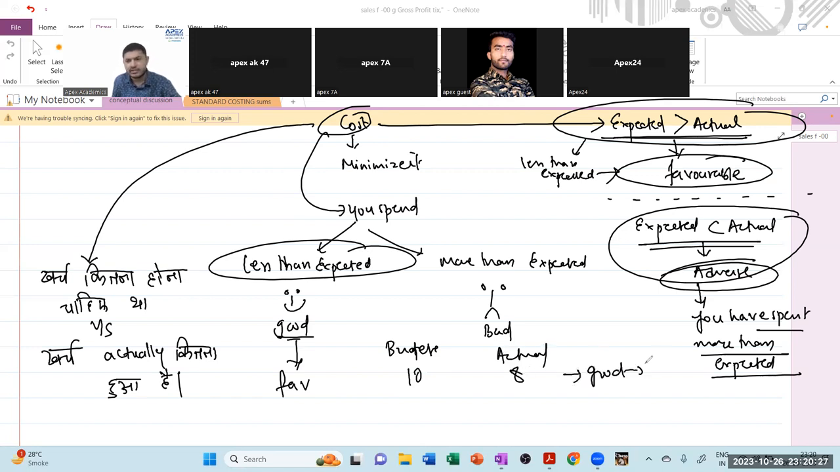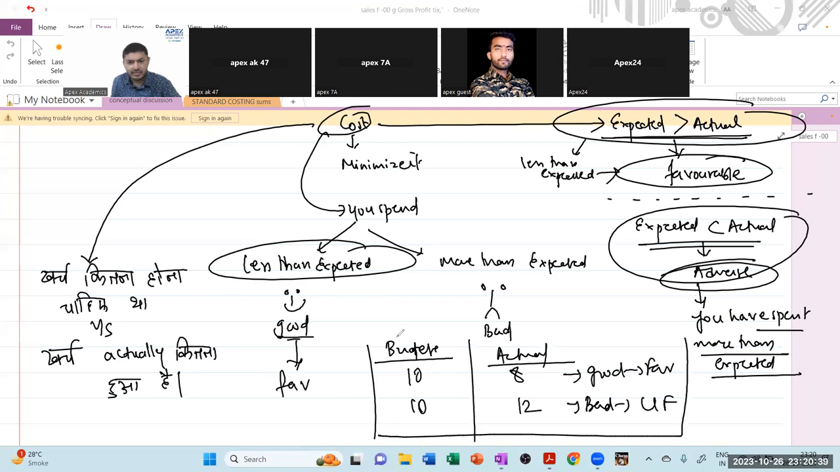This is good, this is favorable. You expected your cost to be 10 but it was 12, you spent more. This is bad, this is unfavorable. I hope you are all with me on that, and that everybody has understood how to identify a variance with respect to whether it is favorable or whether it